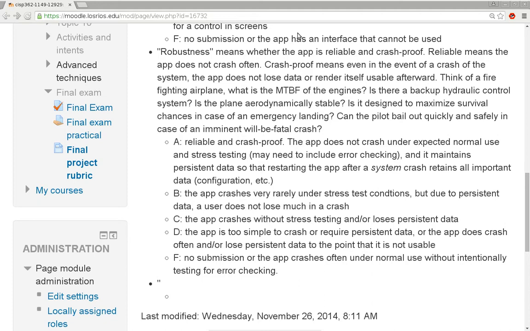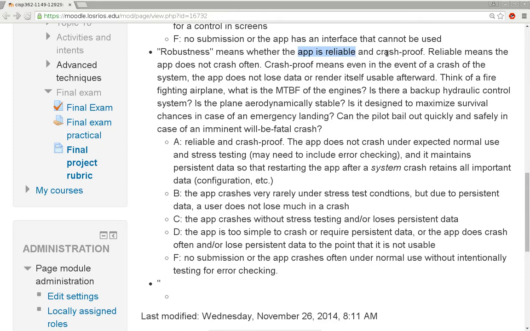Robustness means whether the app is reliable. Does it crash all by itself? Okay, if I input something, so let's say there's a text box for me to enter a number, and I accidentally enter something that is not a number. Even with a numpad keyboard, you can still easily enter something that is not a number, like using a dash somewhere that it does not belong, or specify a value that is not within the right range. If the application does not check for those errors and handle them, it might crash. The rest of the program may get an unreasonable value, and as a result, it will crash the application. That is what I mean by